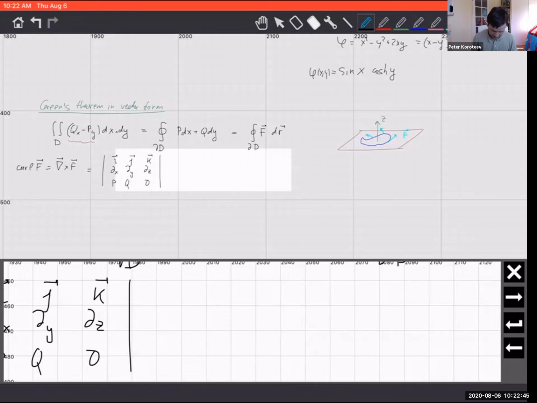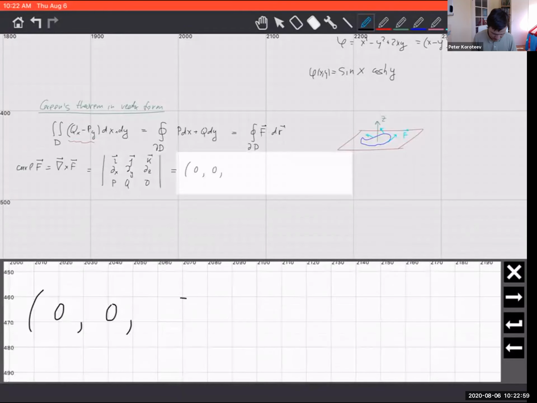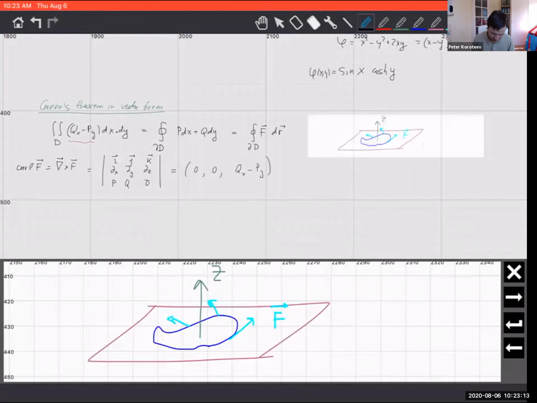Right. So what is the curl? It's this, right? Everything is 0 except the last component. So it's a vector with components 0, 0, and then qx minus py, right? And then remember that when we talked about areas, I mentioned that one can think of an area as a vector, right? So if you have at least a small part of